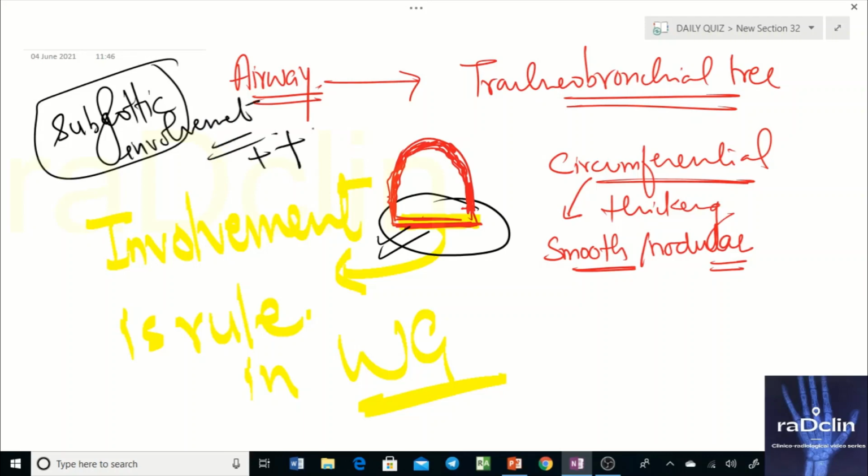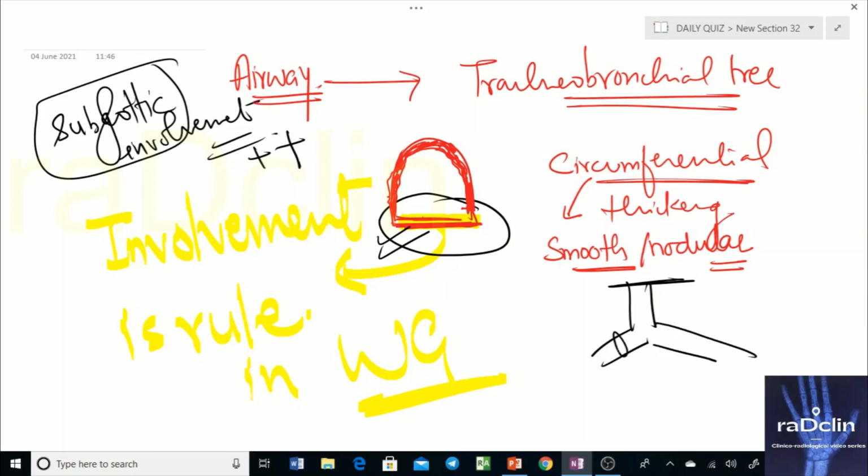Okay, it can involve your primary bronchi as well. Remember this thing. So primary bronchi can also be involved. So the patient might have stenosis developing due to this wall thickening. So there would be tracheal involvement below the glottis, so it will be intrathoracic involvement. So primary bronchi can be involved.